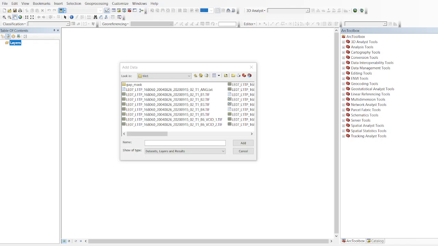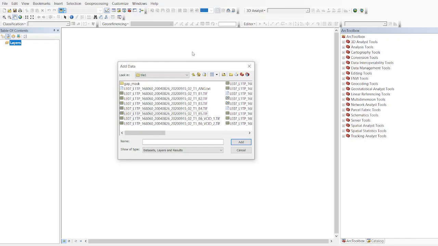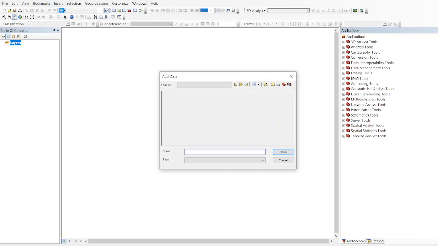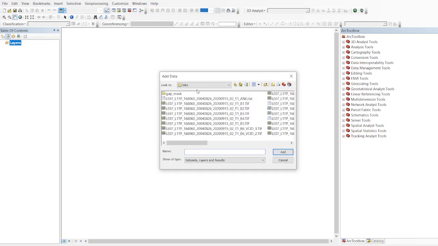So in today's video I'm going to show you how you can mosaic images into one single image, and then you can use it for further spatial data analysis. Now here on my ArcMap, so I'm using ArcMap, so make sure you also follow along with the same geospatial software. So I went ahead and added the data, so click on add data, and I have different tiles which we are going to mosaic into one single image so that we can use to extract